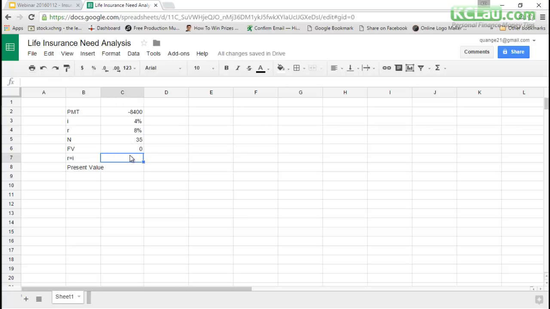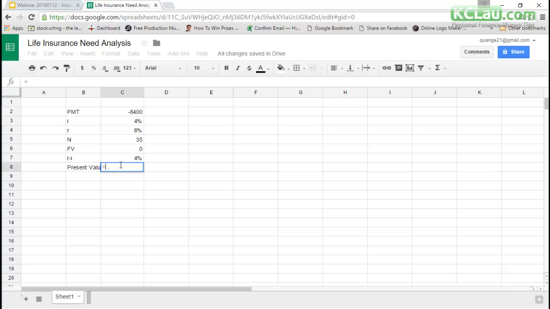So this equals R minus I, because when your money is making 8%, you have to offset 4% for the inflation. So for simplicity's sake, it's actually not just 8 minus 4, but it's close enough. So we'll just use 8 minus 4 here. So you get 4%, right? So it should be R minus I.